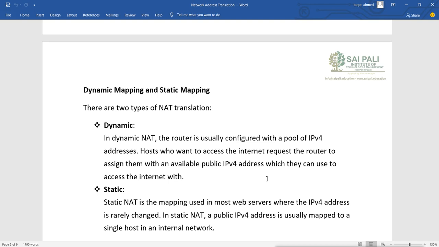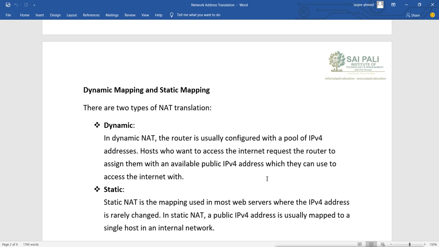Now on the other hand we have dynamic. Dynamic is a dynamic configuration. Here, when we configure dynamic, basically we create a pool of public addresses. That means suppose I have 5,000 private IPs, so I will create a pool of 5,000 public IPs.